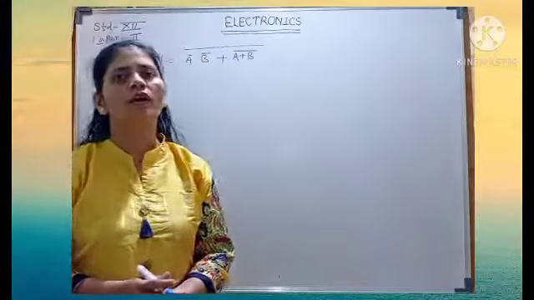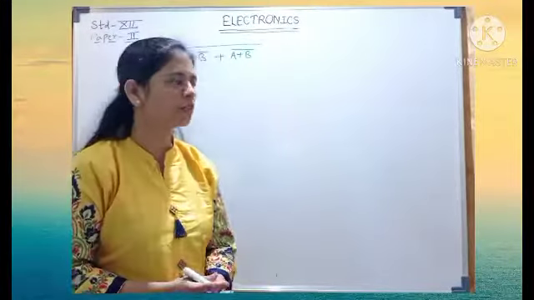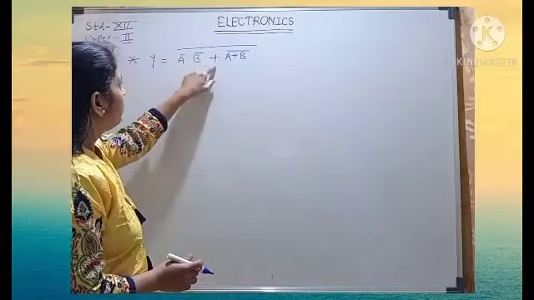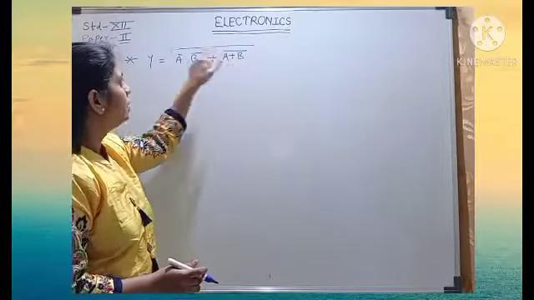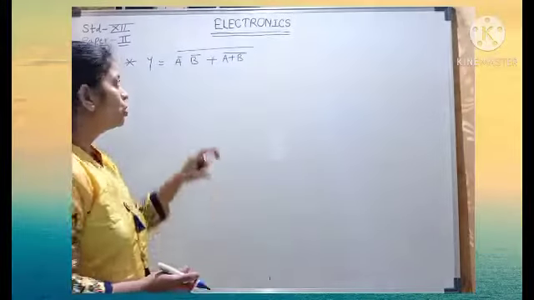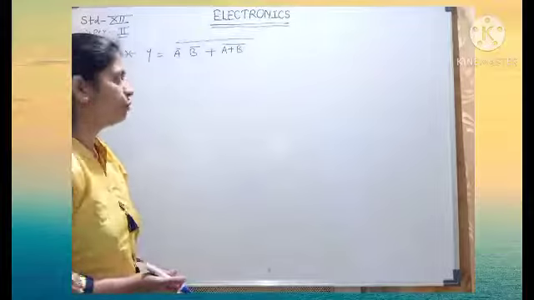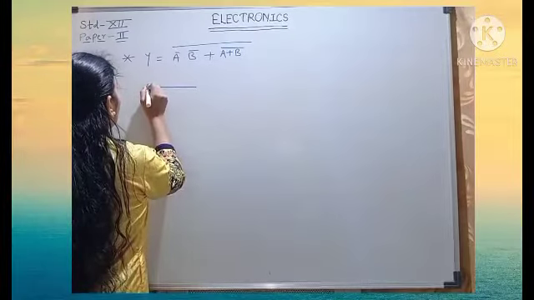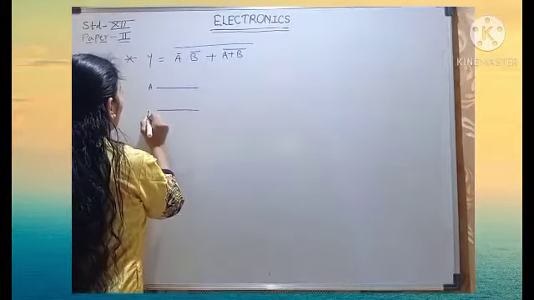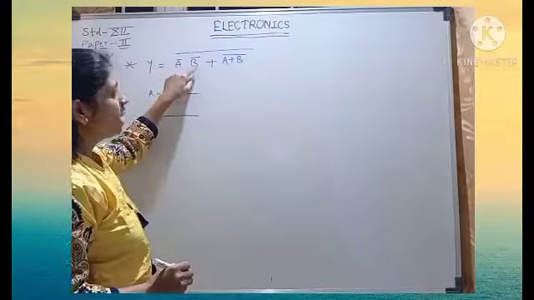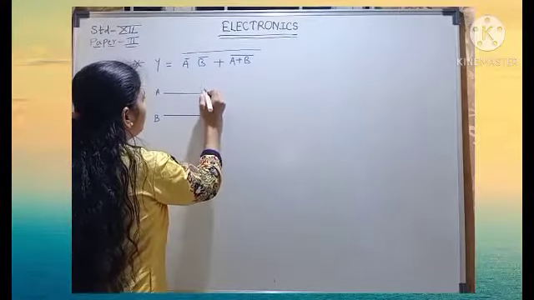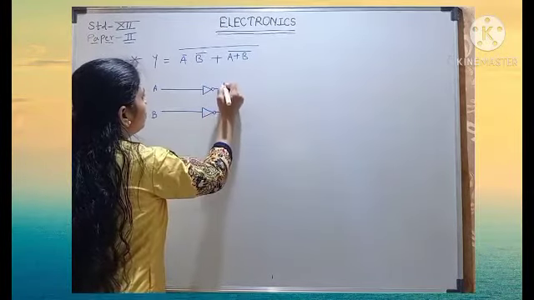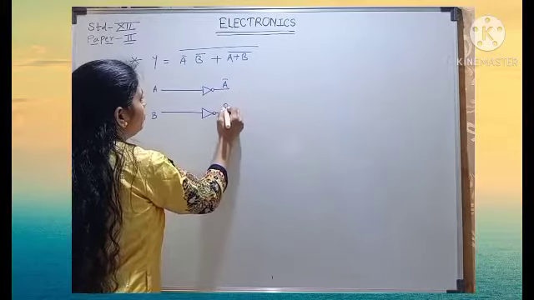Let's see how to draw a logic diagram for a given Boolean equation. See, the equation is given: y is equal to (A bar dot B bar plus (A plus B) complement) and the whole complement. So we have to draw the logic diagram for this given equation. See here, the inputs are given, A and B. So we have to draw A and B. Then we want here A bar and B bar. For this A bar and B bar, we are using NOT gate.